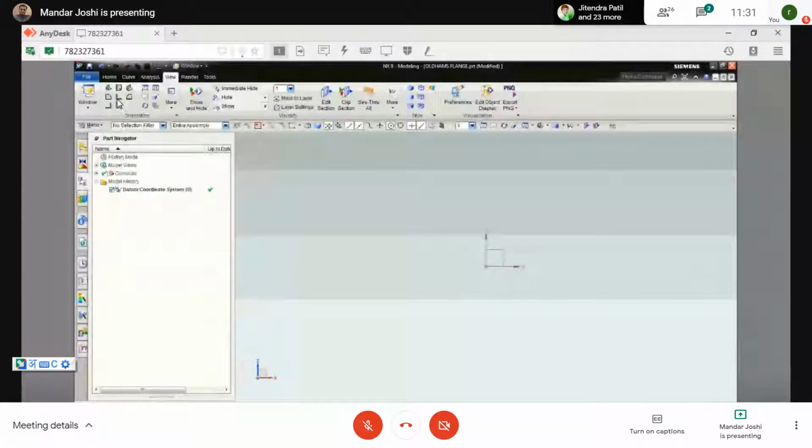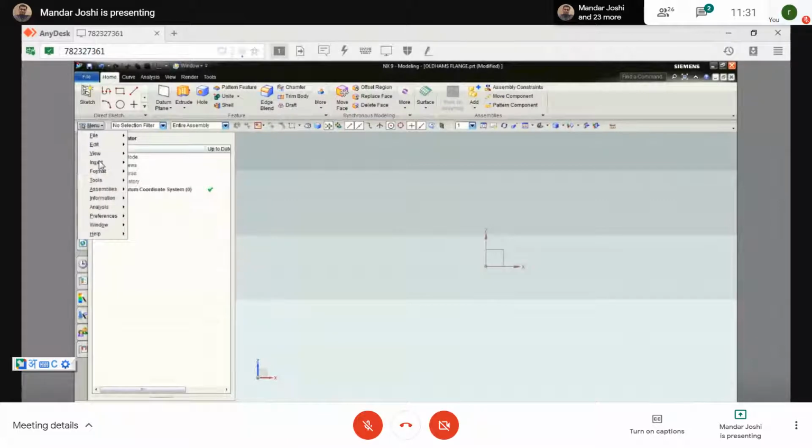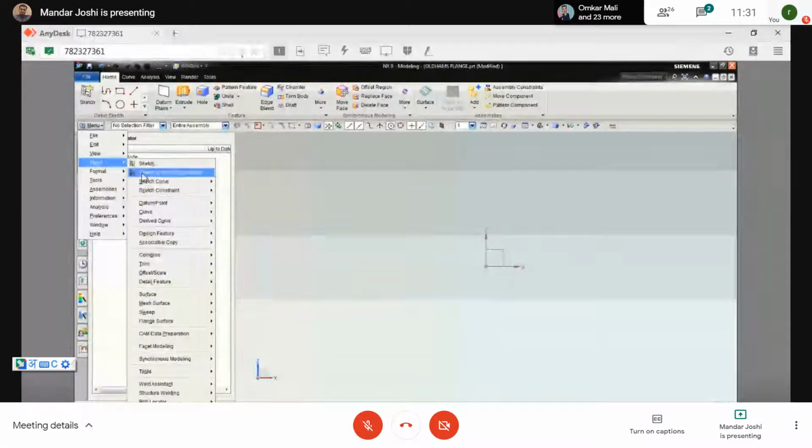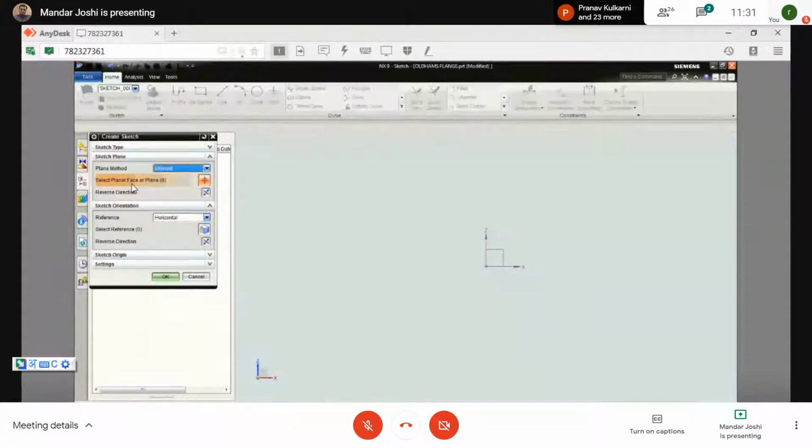Exact. Now first align the front view from the view, then go to the home tab, or go to the menu, select insert, then use sketch in task environment, and now choose the plane. Now there is no confusion about which one is front and top, so directly select this plane. Once you select that, you have to set the orientation. The horizontal reference is this horizontal axis and this is the vertical axis. Is it correct or is this one correct? Which quadrant do you have to select now? First quadrant. Okay, now this is the correct one. Now click on OK.